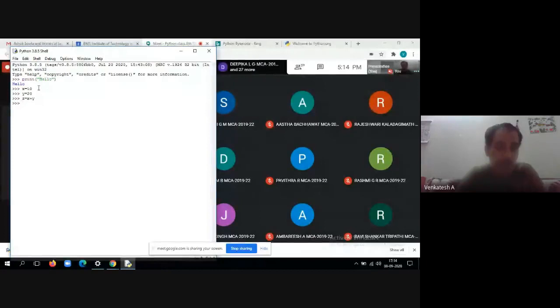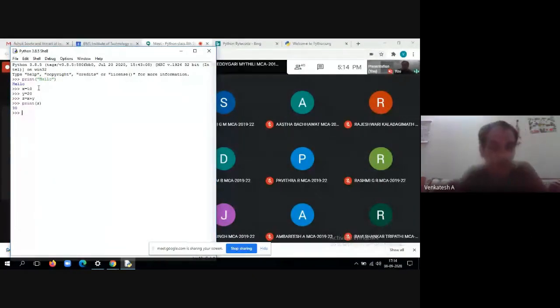So we call Python a dynamically typed language. Why? Because see here, I did not say that x is an integer and y is an integer and also z is an integer. The moment I initialize its value, it understood that x is a variable of type integer. So now it has computed the sum. We just need to display it like this, that is print of z.